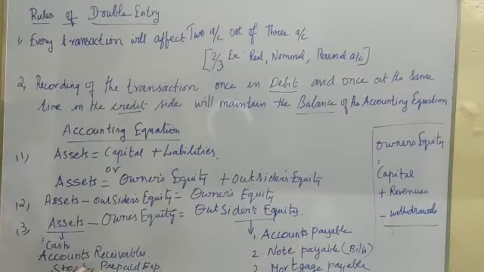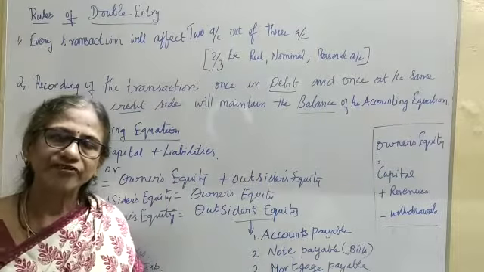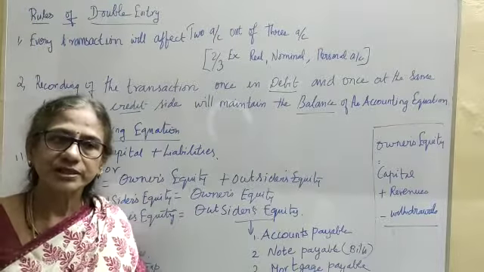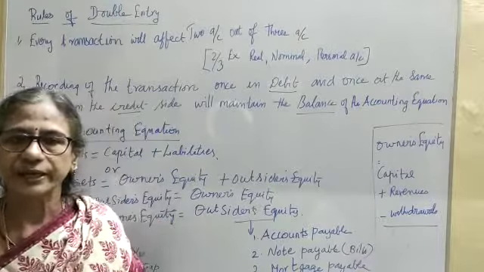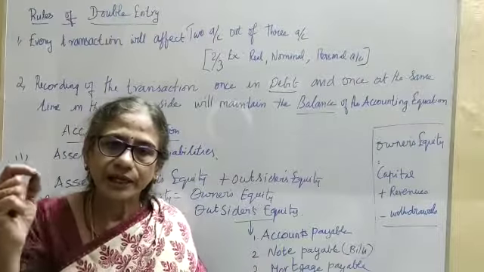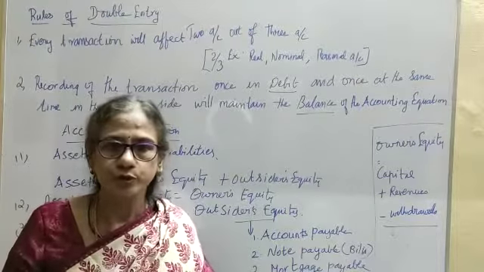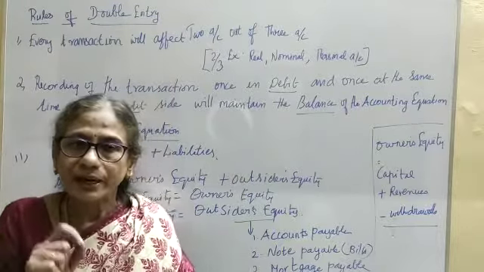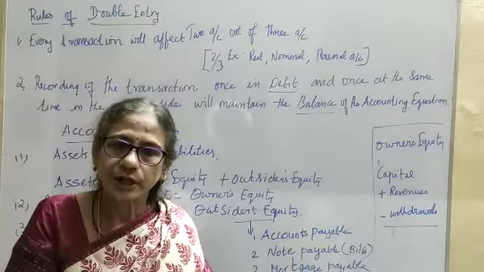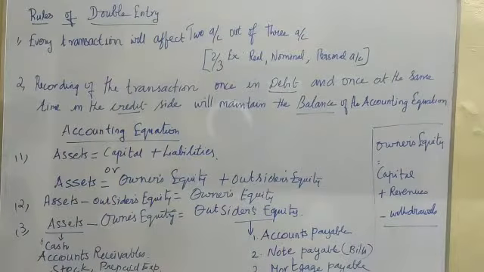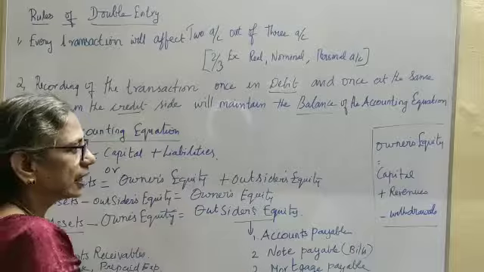And prepaid expenses. Prepaid expenses means expenses paid before the benefit is received. For example, insurance is generally paid quarterly or half-yearly. In the month of January it is paid, meaning for 6 months, so the benefit will be over in the month of June. So if we are closing accounts on 31st March, the money we paid towards insurance is called prepaid expenses. These are the assets of the company, and we have seen liabilities, and capital.